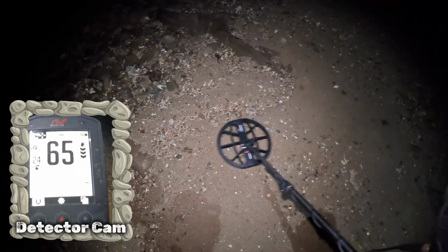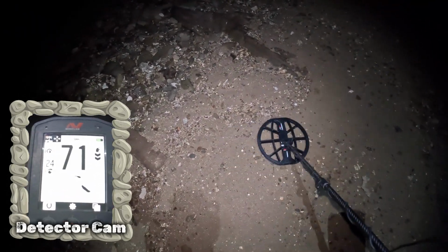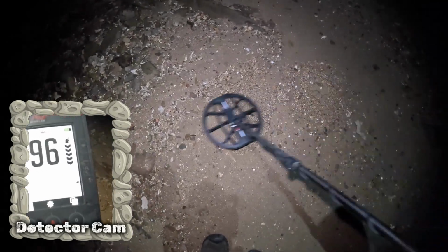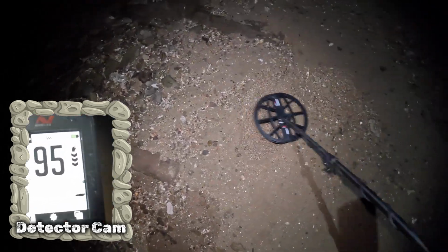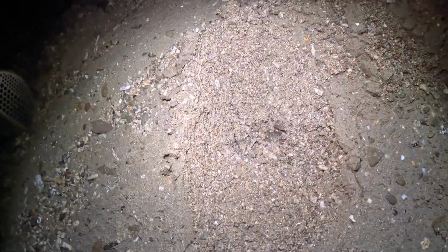I'm standing next to a washout here, and I've got a target that's a little bit lower down on this washout. There was nothing further up, so maybe this is something. Now, I'm completely ignoring the fact that there's an iron tone in there. I don't think that's related to our find. So, I guess we'll find out, hey? I don't know how far down I'm going to be able to go either. Yeah, probably about that far. Unfortunately, there's a lot of rocks and gravel not far down, so